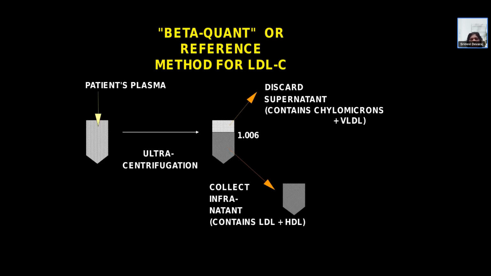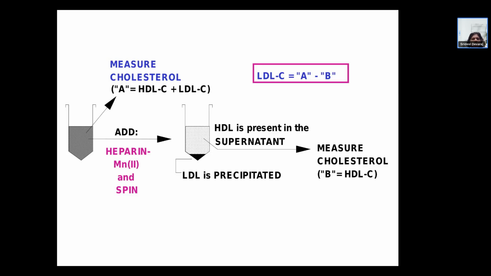The beta quant, the reference method for LDL, is actually an ultracentrifugation method where you discard the supernatant and collect the infranatant, which has the LDL plus the HDL, and you measure the cholesterol in this fraction using reagents. You have the HDL in the supernatant. You measure the cholesterol, which is B, and your LDL cholesterol is this A, which is HDL plus LDL, minus B. So again, this is the reference method